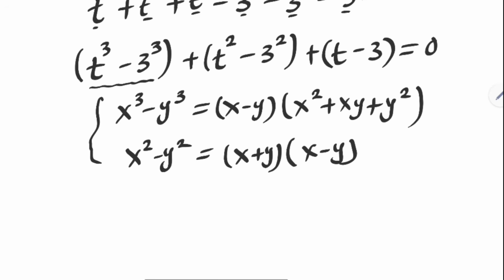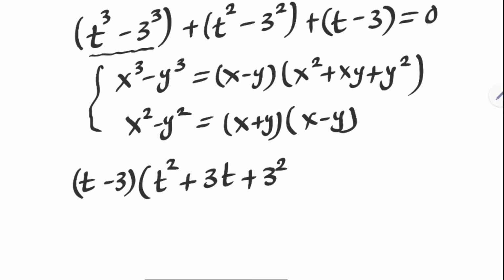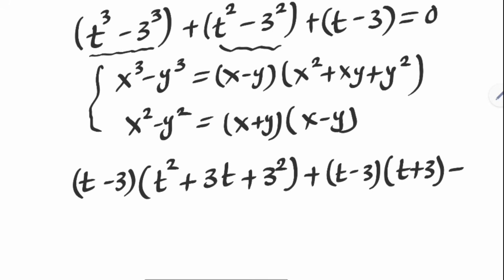Then this can be written as t minus 3 bracket t square plus 3t plus 3 square, plus this can be written as t minus 3 bracket t plus 3, plus